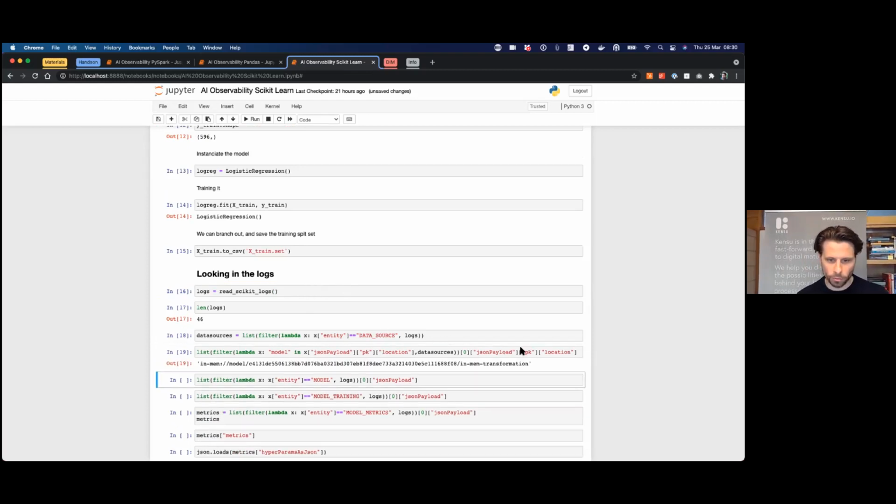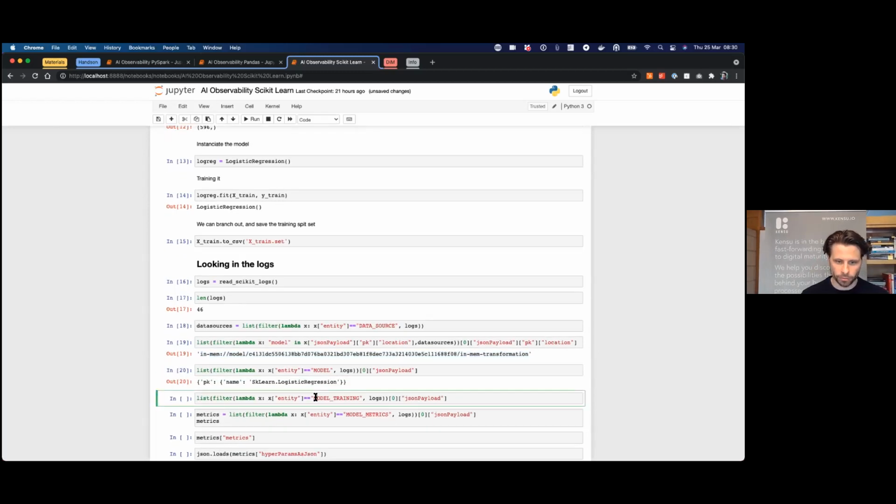I will show you what kind of data source I have, because you can save information about a model that has not been stored. So you can capture information about stuff which does not exist anymore because it has been trained in memory. It has not been saved. You just take the model, and actually you can create some statistics about it. So in a way you can create a presence about it in your system.